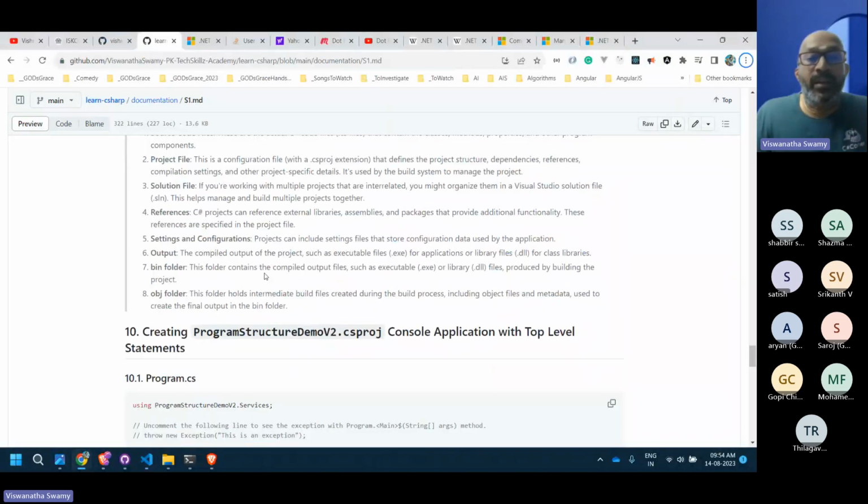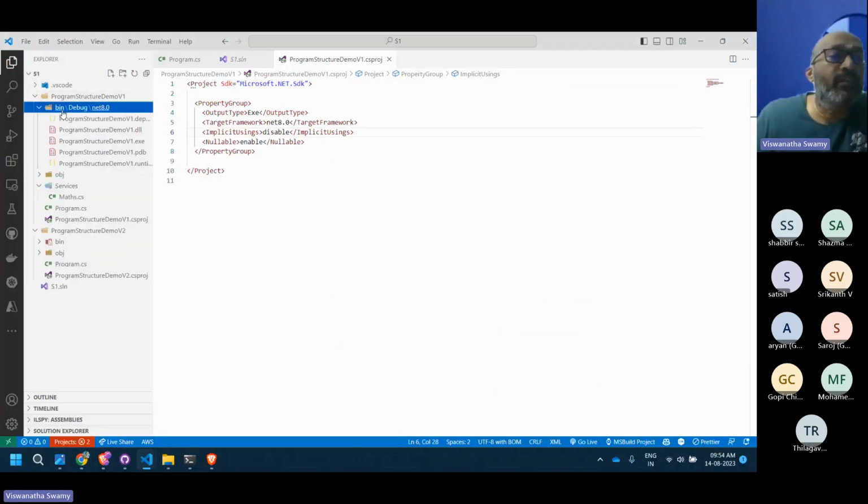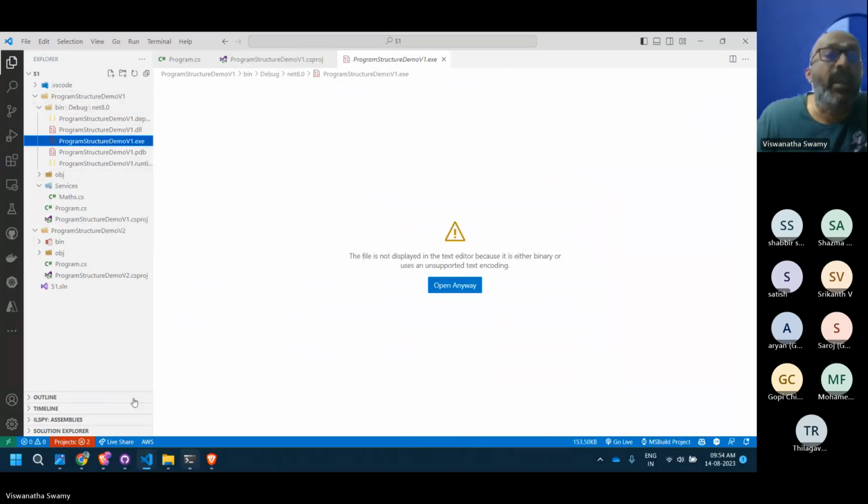The bin folder contains the compiled output, such as the executables and libraries produced in the build. So if you see here, this is the executable, and this is the DLL, and this is the program debug information.